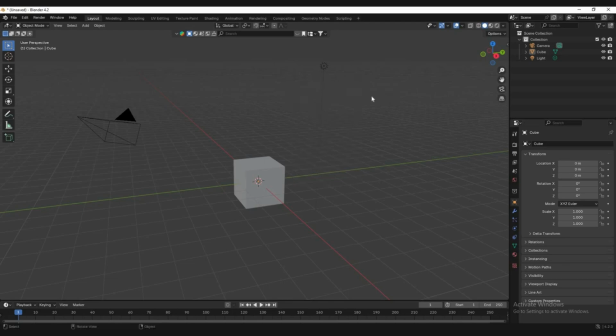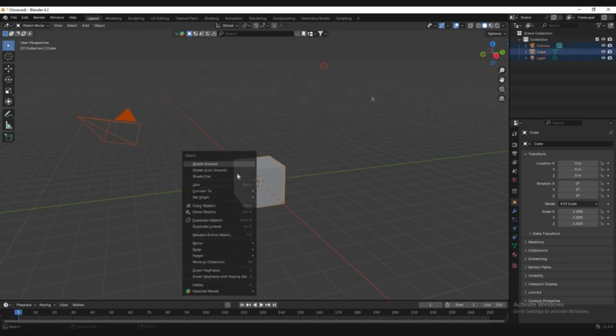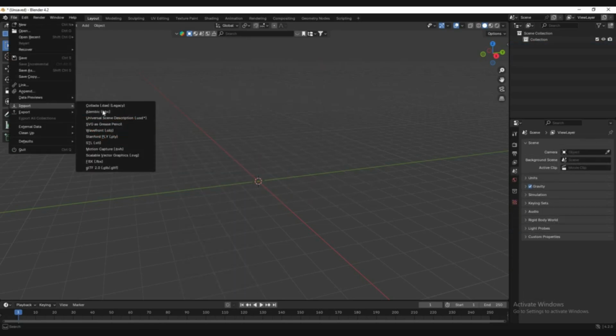First, clear your scene by selecting everything. You can do this by pressing A to highlight all objects and then hitting Delete, or by right-clicking, selecting everything, and manually deleting it. Next, head over to the File menu, scroll down to Import, and select the appropriate file